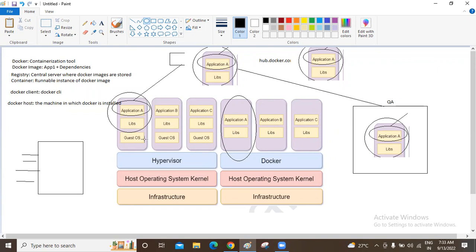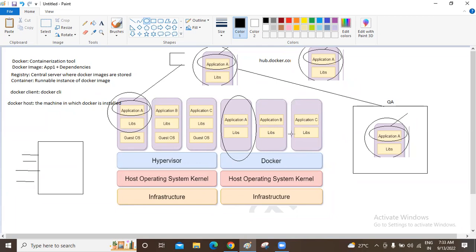Here we have the guest operating system, but here we don't have a guest operating system. Here we have eliminated the need for installing the full-fledged operating system. Instead, you may have 10 containers. These 10 containers will be using the underlying operating system. But if you want to have 10 applications running on 10 different virtual machines, we have to install 10 guest operating systems. And each is a full-fledged operating system. So that itself will consume a lot of our system resources like CPU and memory. Here we don't have that problem.